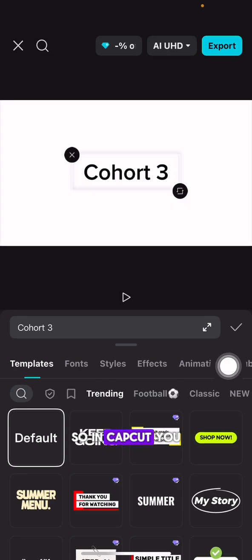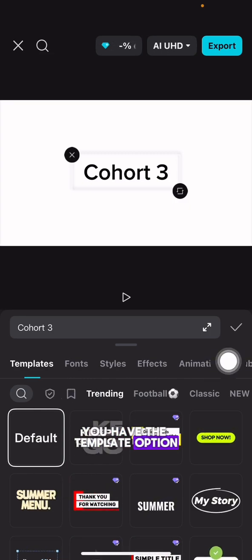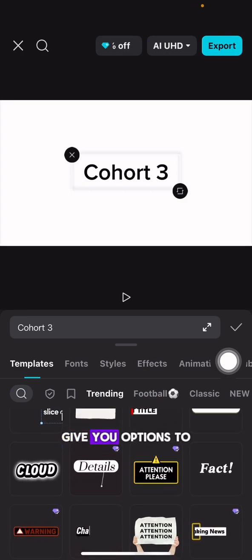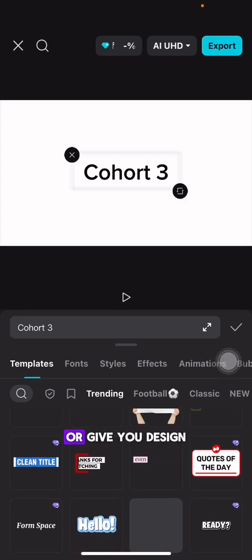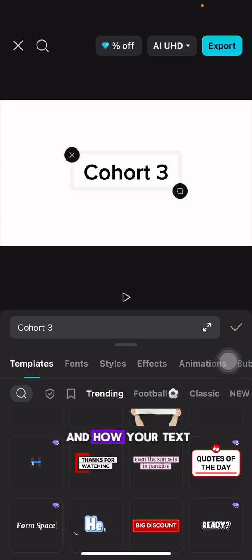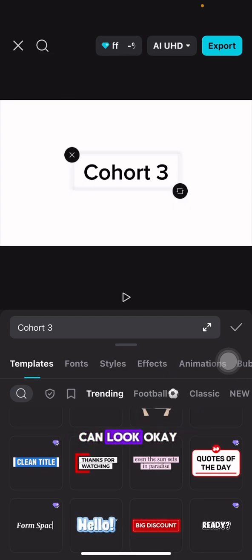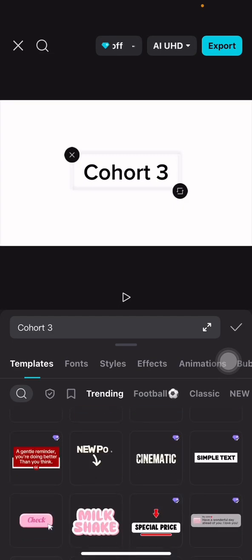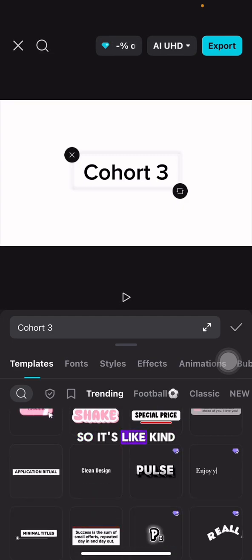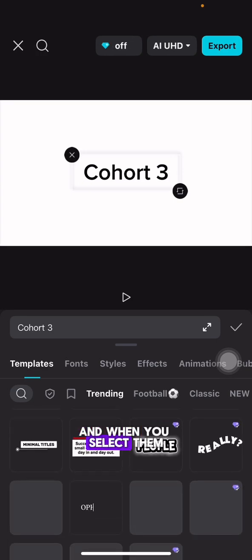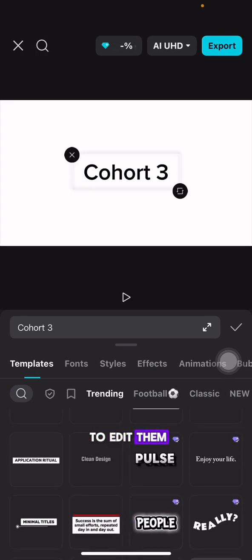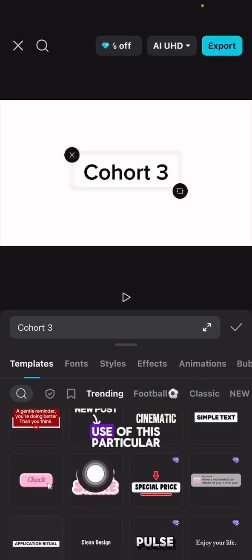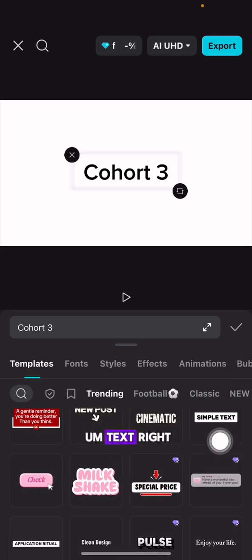So in CapCut, you have various options, right? You have the template option. Now the template option gives you options to just select from, or gives you designs on how your text can look, or how you want your text to appear in your video, right? It's like a pre-built text, and when you select them, you can always edit them. For example, I want to make use of this particular text, so I'm going to click on it